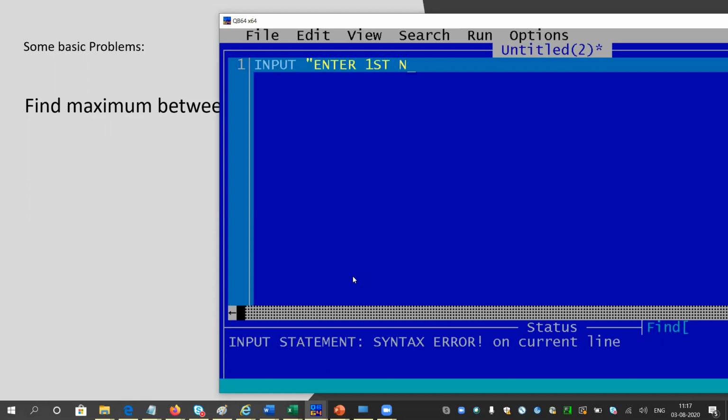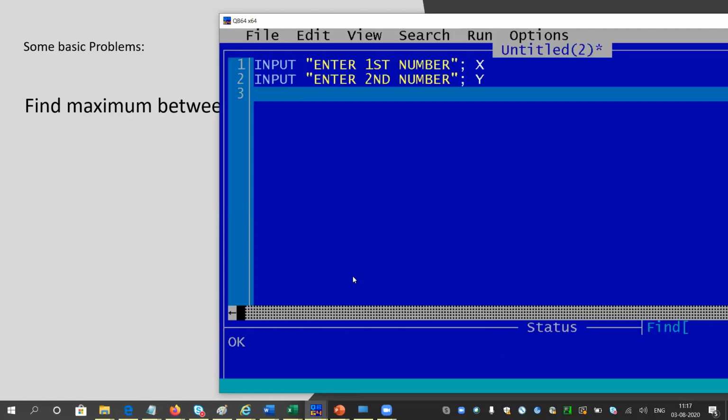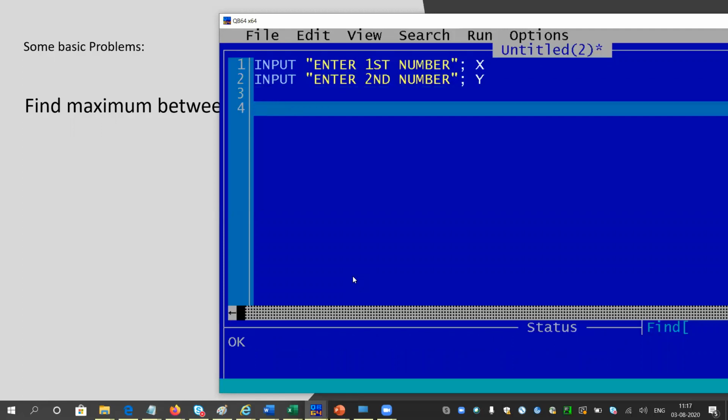Enter first number, and it is say x, and input enter second number. Let it be y. Okay, and after that I will find the maximum number.